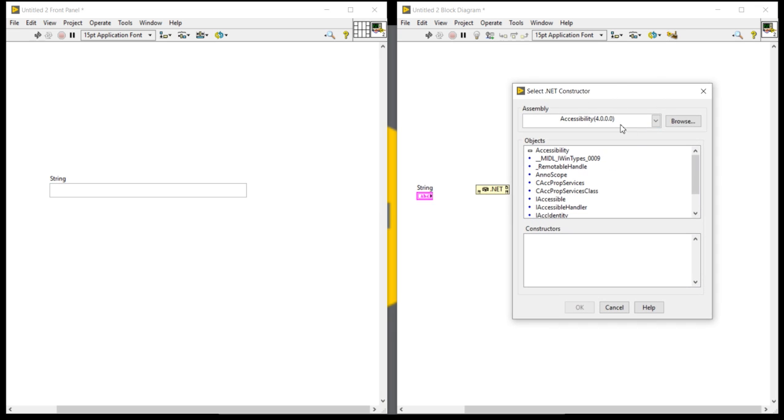I think all of you are getting the same dialog box. In the assembly, you are getting accessibility 4.0.0.0. Now you can see there is a drop down menu.